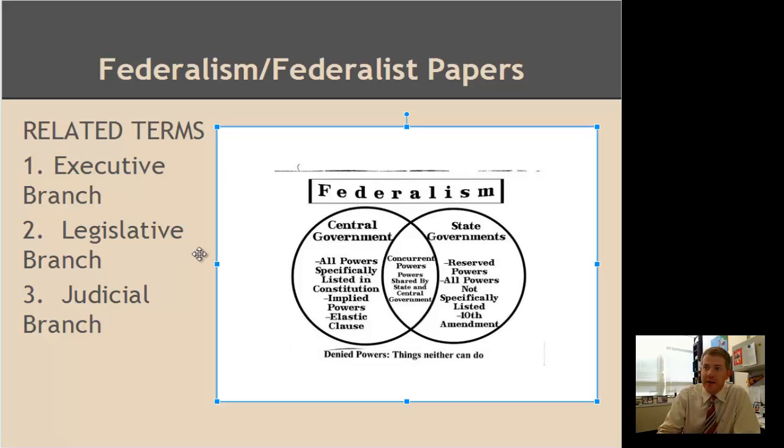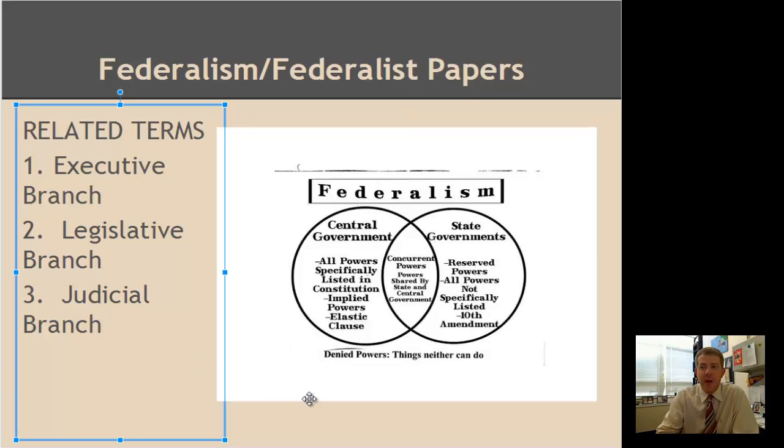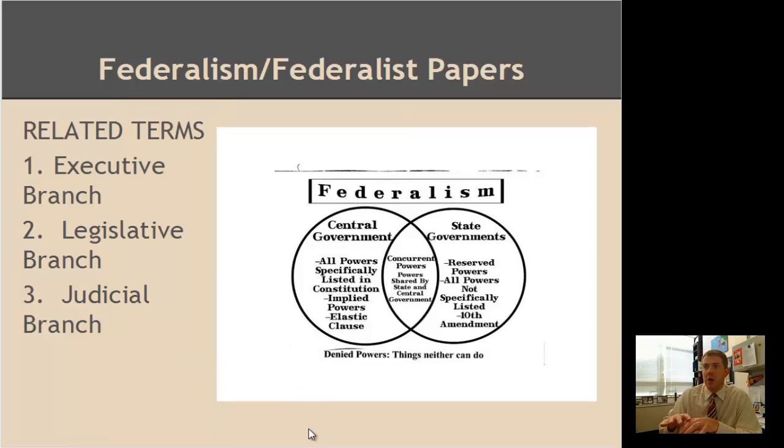The reason I say these are related terms is that when they created this central government, they split it up into 3 branches. The thinking there, and what the Federalists pointed out in the Federalist Papers, those essays that they wrote to support ratification of the Constitution, they created these 3 branches so that they could take even the power of the central government, which was something that people feared, right, distant authority, and create something that was not as strong because the 3 branches had some balance between them.